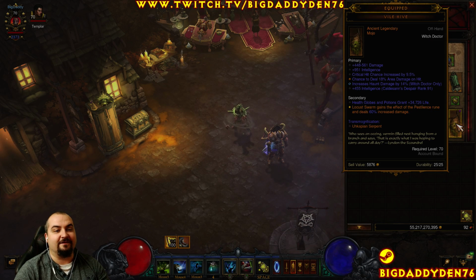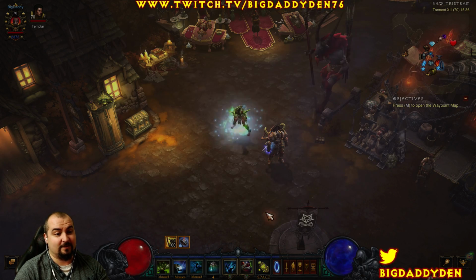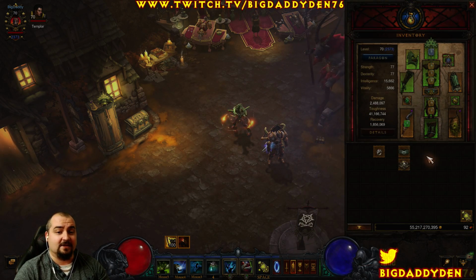Mojo, guys, of course, is the Vile Hive. Gives us the effect of Pestilence Rune for any locust we're using, so basically Cloud of Insects, like I said earlier, will spread to the whole screen. It's really nice Mojo, actually. I love that Mojo. And of course, guys, every piece of Jade Harvester, you want to wear the full set,